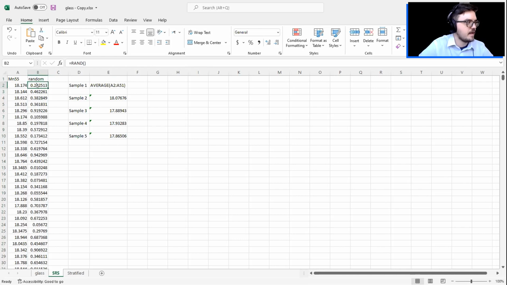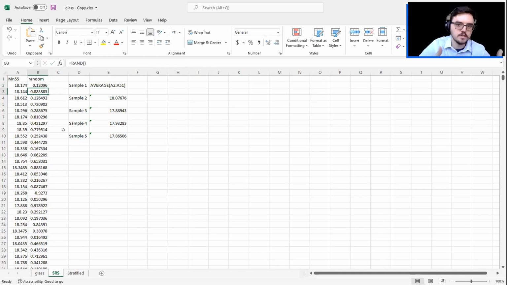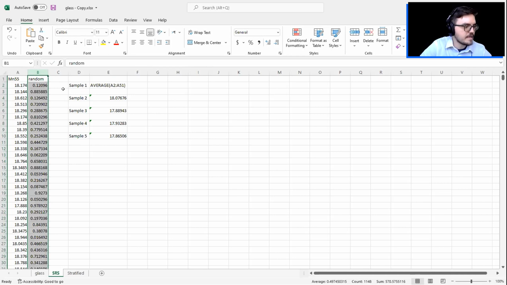And that is the fact that when you use a formula, what Excel actually saves under the hood is not the numeric value that's shown in the cell right here. It's actually just the underlying formula equals rand. So if I were to click enter again, you can see it regenerates an entirely new random number for every cell. But we want to work with just a static set of numbers, ones that won't change. So the way you can make it so that Excel won't be saving the formula underneath, but